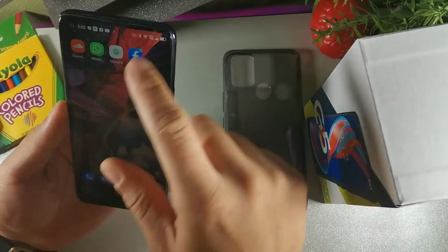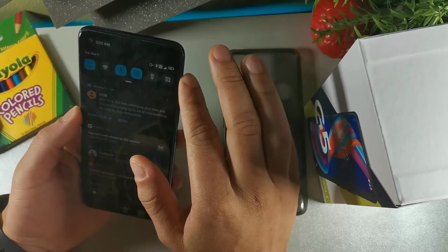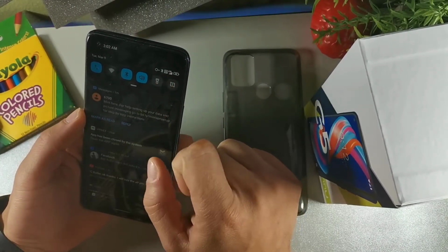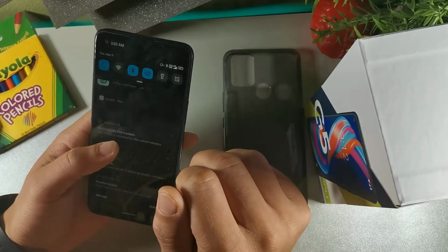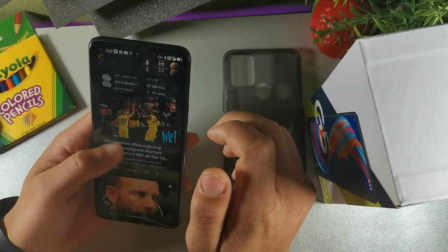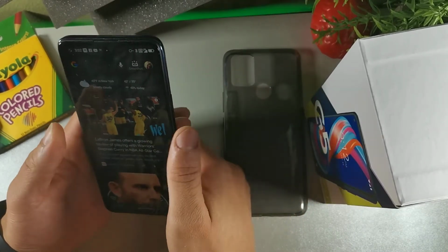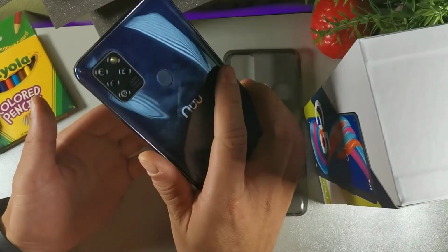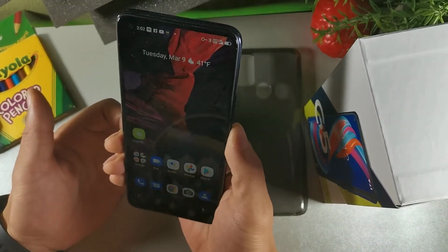But I really love how this thing has 4G LTE, voice over LTE right here, and it does show up. Once I take it off of Wi-Fi, you can see I'm on Mint Mobile LTE, 4G LTE, something that I really do like. I wasn't able to get that on Cricket, but that's something that's really solid. This device has just been really surprising in a lot of different areas, but the number one thing is pretty much the price. 149, you're getting everything in the box. We're gonna jump into the second thing, and that's gonna be the security